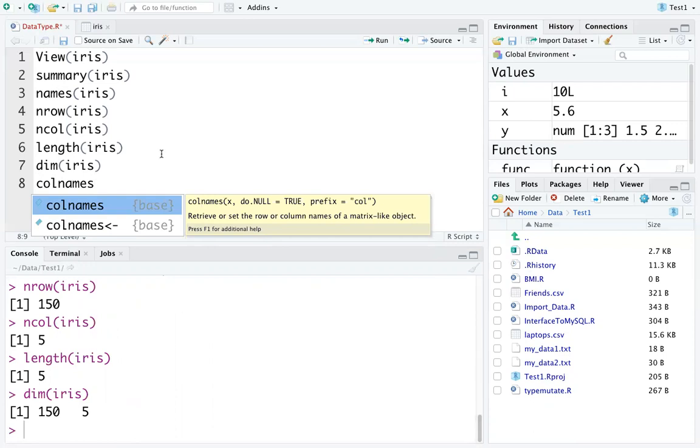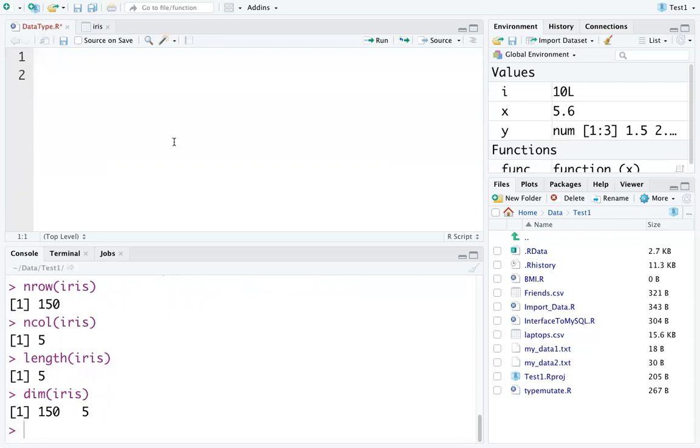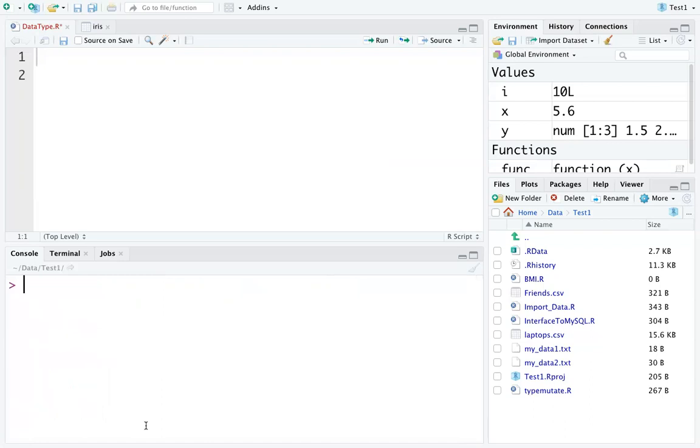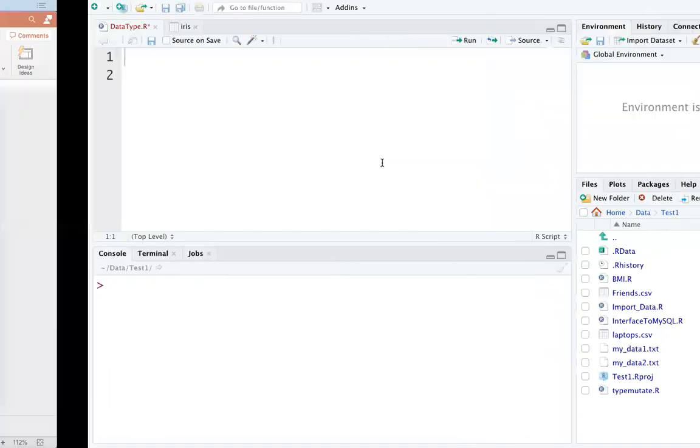Head and tail we have already seen. So we have different built-in functions available which apply to different objects. You have to look for object-specific built-in functions which will apply to a particular object in R. Okay. Now let's see some